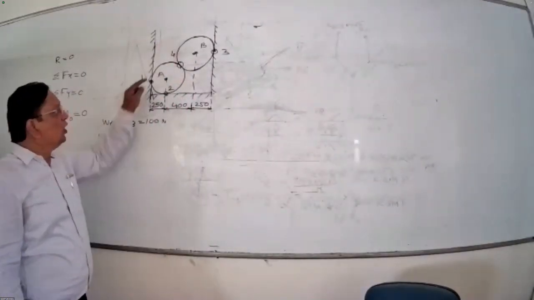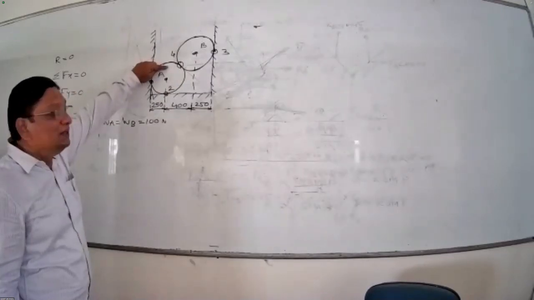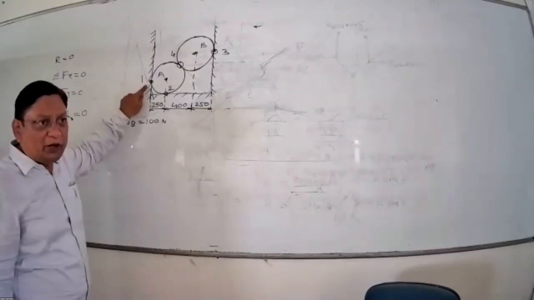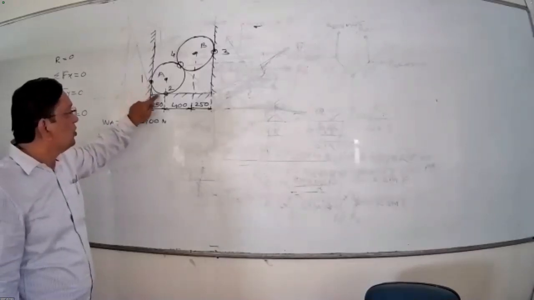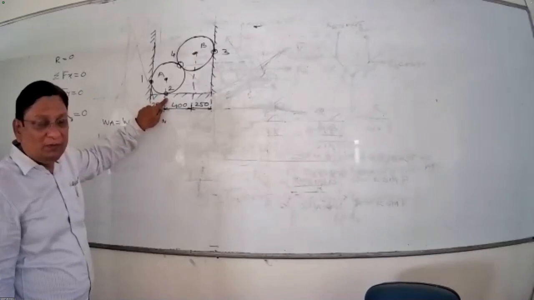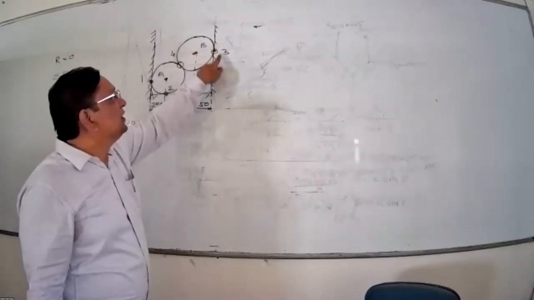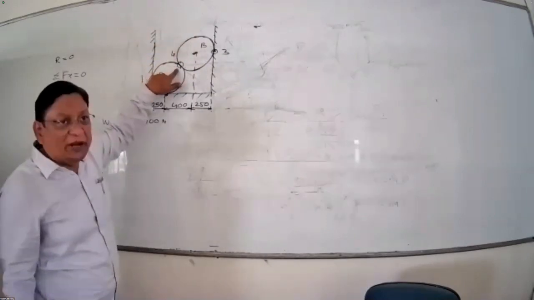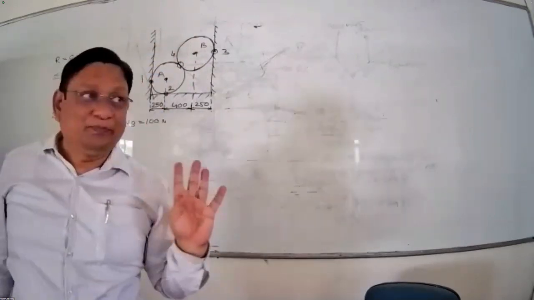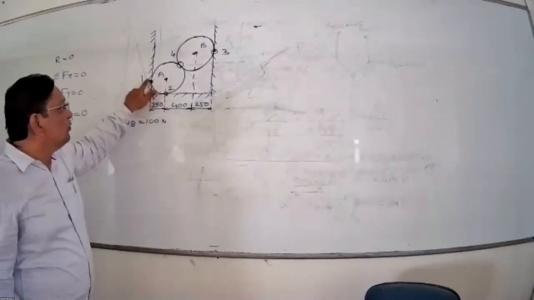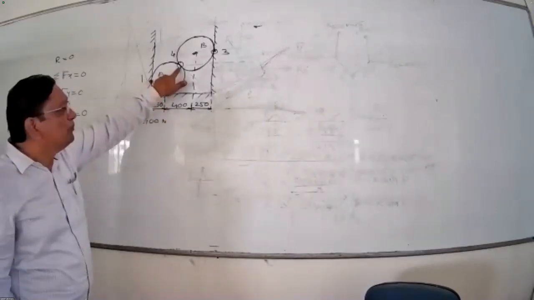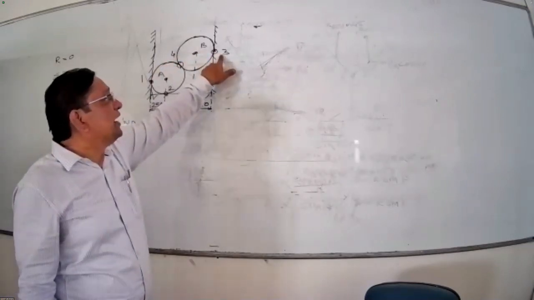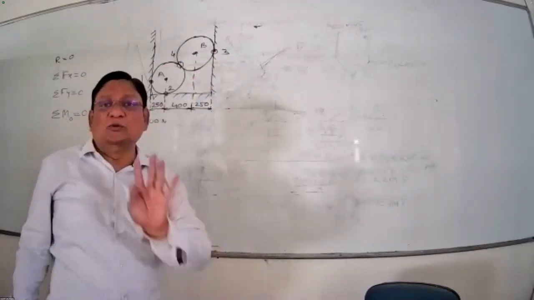Observe the cylinders. Cylinder A is in contact with the vertical wall at contact point 1, and with the horizontal wall at contact point 2. Cylinder B is in contact with the vertical wall at point 3, and both the cylinders are in contact at point 4. So कितने contacts हैं total? 4. Cylinder A has contact numbers 1 and 2, and contact number 4 with cylinder B, whereas cylinder B is in contact with the vertical wall at contact point 3. So total मुझे 4 reactions निकालनी है यहाँ.